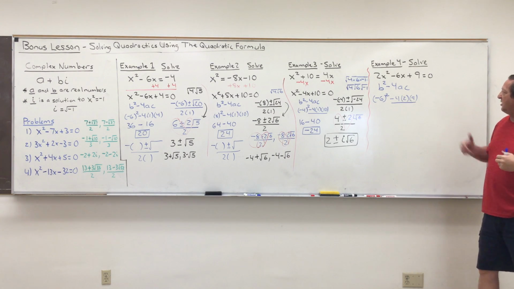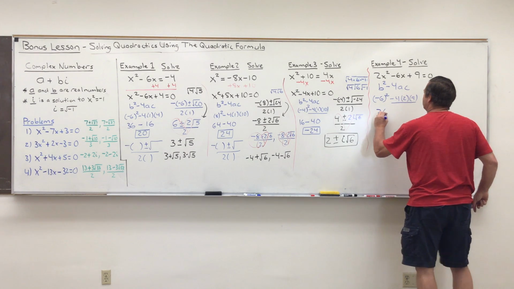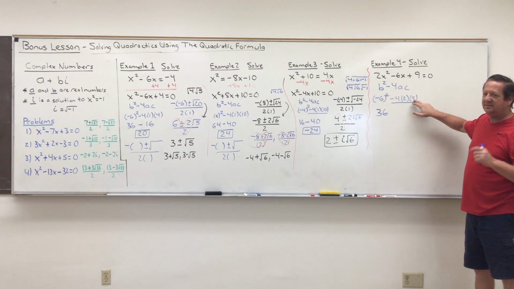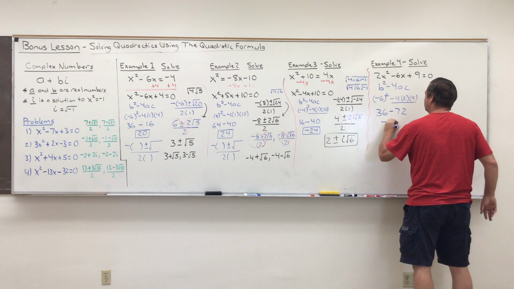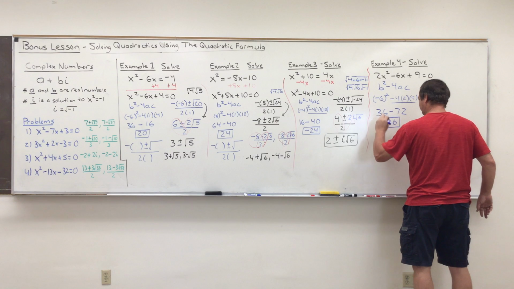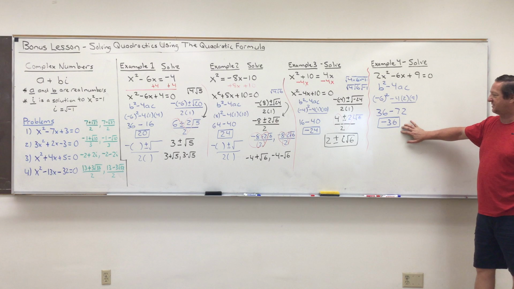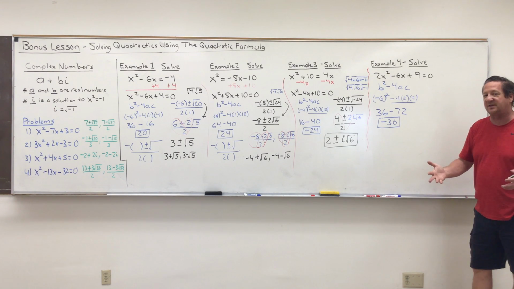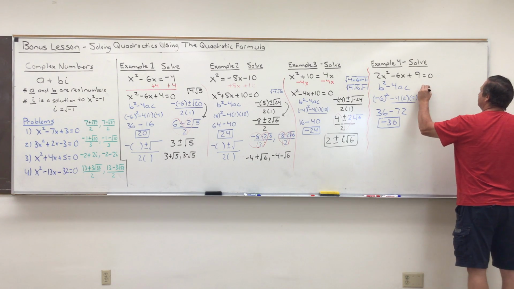So we do our b squared minus 4ac. So let's see here, I get 36. Negative 4 times 2 times 9, negative 72. My discriminant is negative 36. Okay, nothing wrong. You might notice square root of 36 is 6, but it's negative 36, so you can't say your answer is 6. Okay, it is negative. So if we plug into the template,